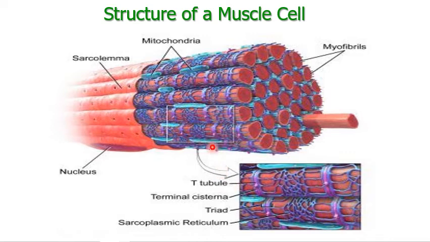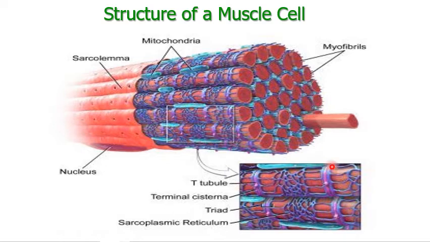An enlarged view of this: here you can see the T tubule, the light purple one. These are the T tubules, and the sarcoplasmic reticulum is short. Here you can see the sarcoplasmic reticulum. The endoplasmic reticulum is called the sarcoplasmic reticulum here. It extends around these myofibrils. These concentrate a chemical needed for the muscle cells to contract. The contraction is helped by this sarcoplasmic reticulum.